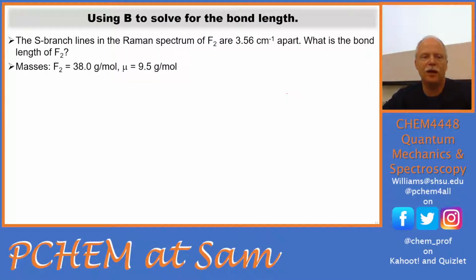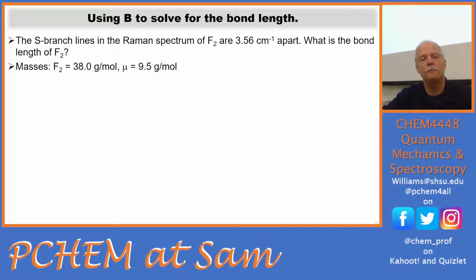So let's solve for the bond length of fluorine. This is a typical problem. You have an S branch line in the Raman spectrum of fluorine, and they are 3.56 wave numbers apart. What's the bond length? That's enough. Just measuring those two spectral lines and taking the difference is enough for us to solve for the bond length of fluorine. So we go to the periodic table and we see that F2 is 38 grams per mole, so